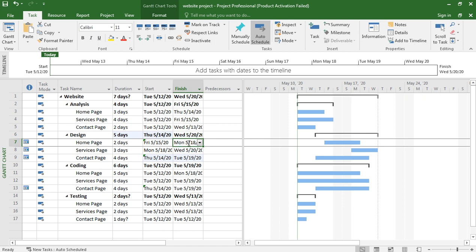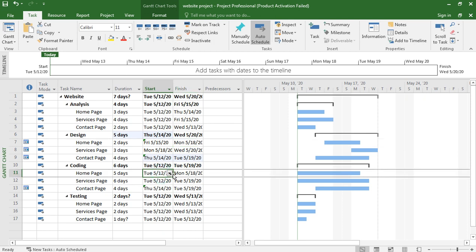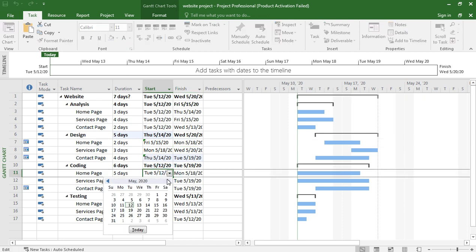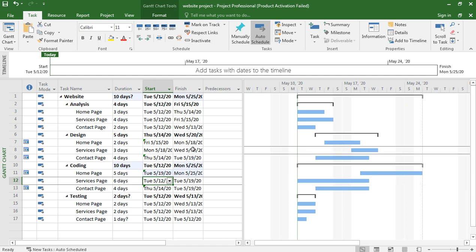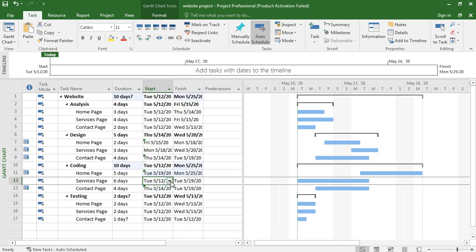Then we go to coding. Okay, now home page coding. This analysis design phase ends on 5/18. So home page starts from 5/19. Okay, and if you go to design of services page, it ends on 5/20.